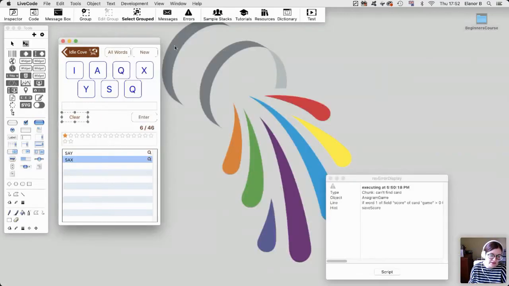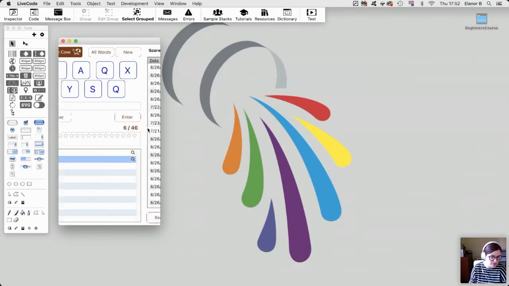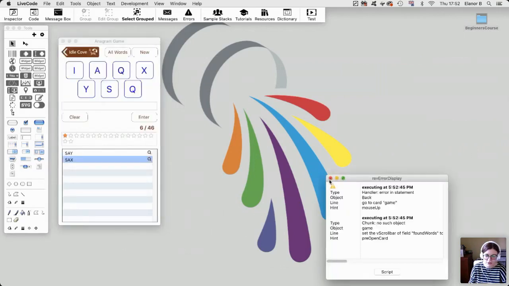All right, so that is an introduction to data grid. We've done data grid tables, we've done data grid forms, and we've added them to our game in a couple of places. So for our score, we're just using a data grid table, letting us resize and sort. And for our,